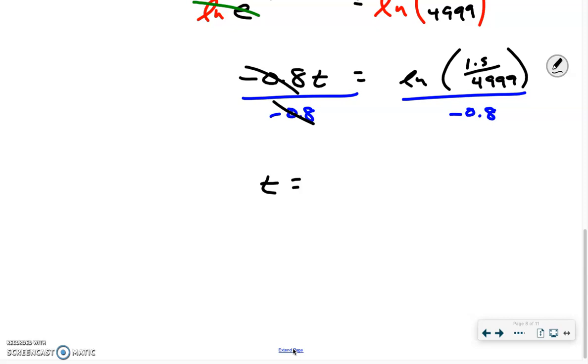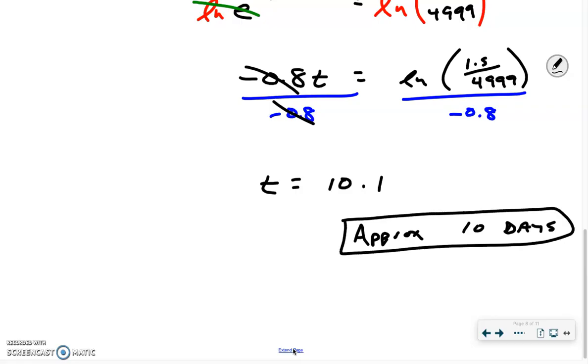7.1? 10.1. That sounds way better. Okay, so approximately 10.1. Now, we're talking days. So would we say after approximately 10 days? Approximately 10 days, we're going to be canceling these classes. Okay? So not at the beginning of the 10th day, but somewhere during the 10th day,